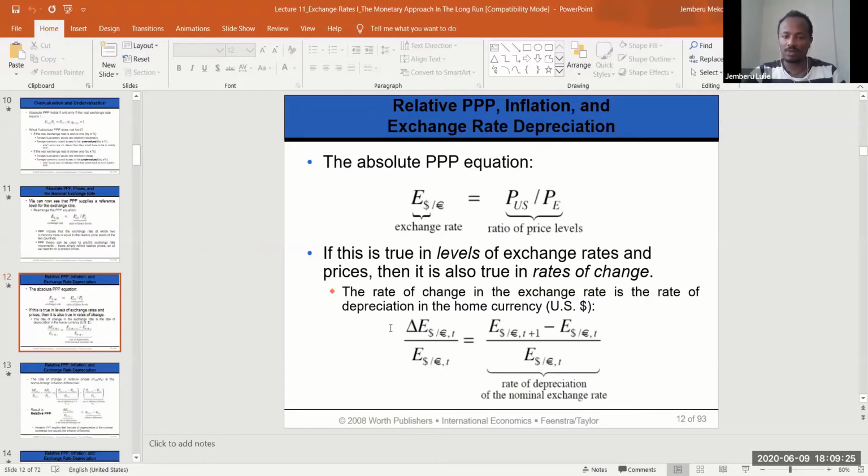When it increases, we can call it the nominal rate of depreciation. If it is not, it would be appreciation, but for the sake of convenience, let's call it a nominal depreciation percentage change if the exchange rate is increasing, because we already established that. If we take the percentage change, we get the percentage change equation: change in price of US divided by price of